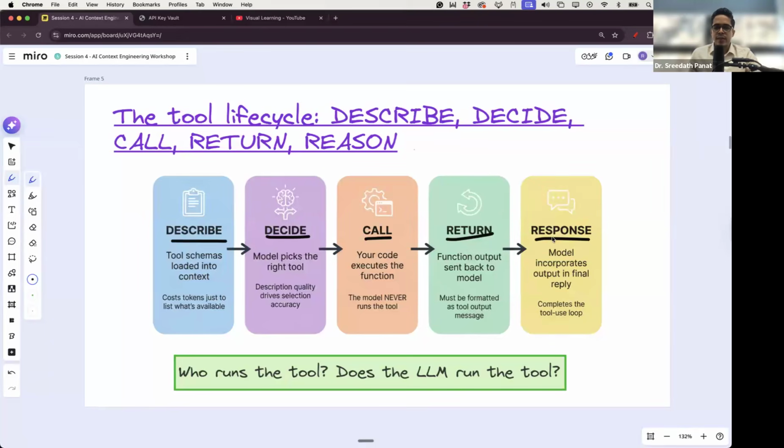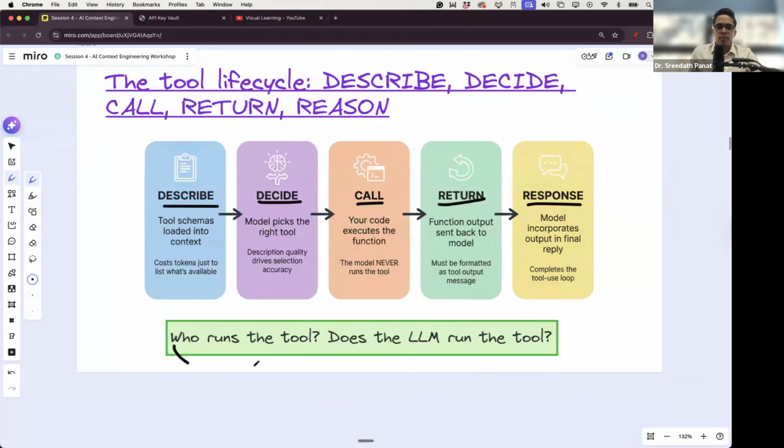Now there is a fundamental question. Who runs the tool? Is it the LLM? Who is actually running the tool? So think about it. When we say the LLM has access to a tool, what exactly is the LLM producing as output